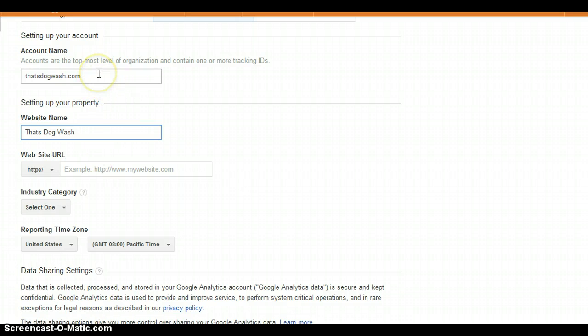It just says the account name can be anything. The website name, it's good to have what the website's name really is. And then this is where you input the actual domain